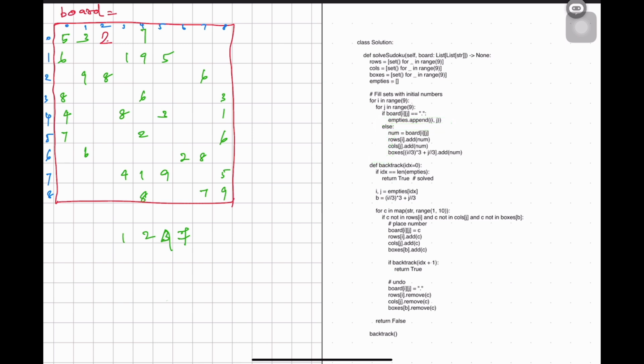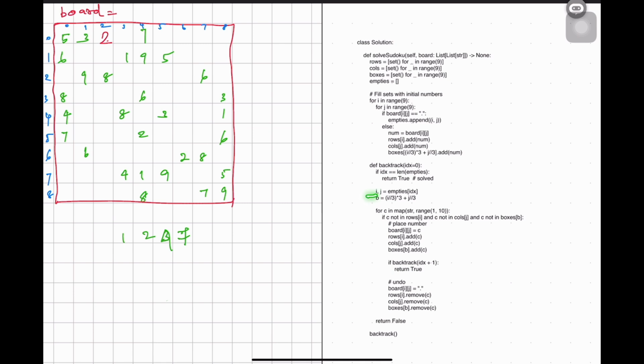Once you have appended this i j, we will start from the zeroth index. How many empty cells are there? We'll have 0 1 2 3 4 5 6 7 8 9 10 11 12, like this. All the empty cells will be in this empties array.